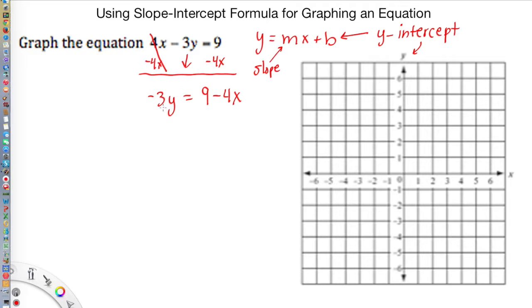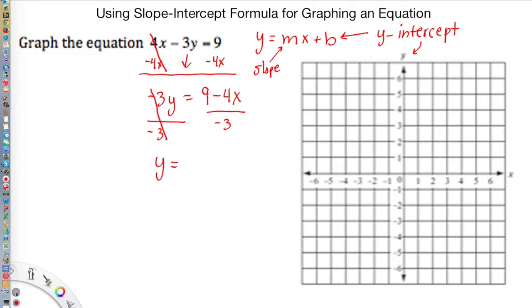Y is being multiplied by a negative 3, so I have to do the inverse of that, which is divide by negative 3. And what I do to one side, I have to do to the other. So I need to divide this entire expression here by negative 3. Well, over here, the negative 3's cancel out, and I'm left with y. It's finally isolated. Over here, I have to distribute my negative 3